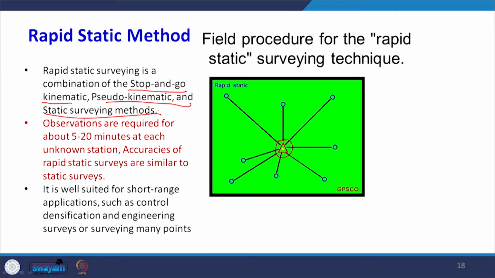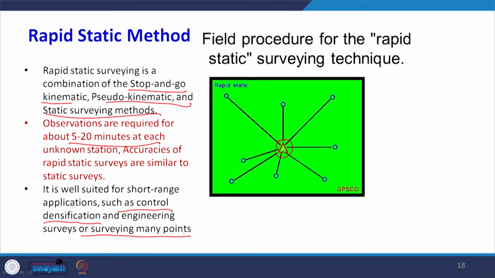Observations at each point, we are taking about 5 to 20 minutes of observations, and the accuracy level is as good as rapid static survey or simply the static survey. This kind of survey, rapid static survey, is very useful for short range applications. We have to move in a certain smaller area, such as control densification. We have to provide the control in our area, we have to establish the control points for our mapping work or we have to survey many points in the vicinity of the area,